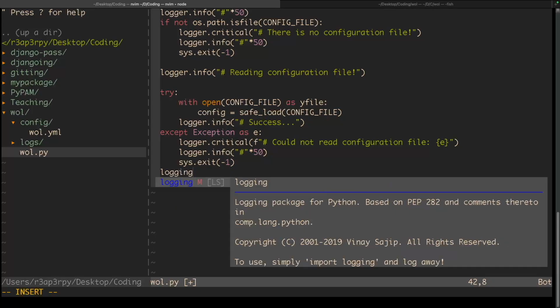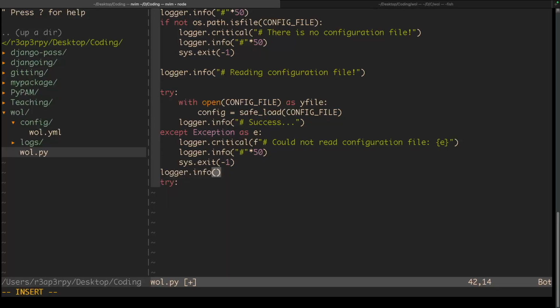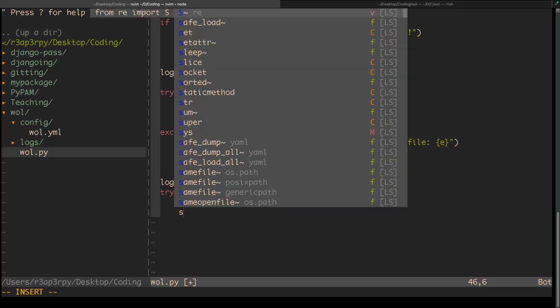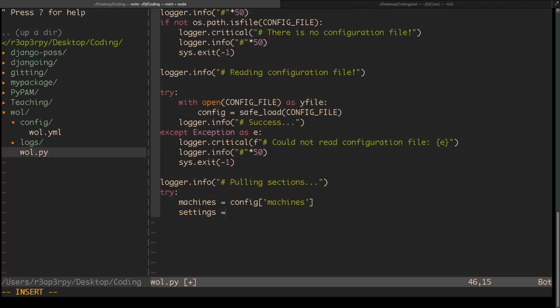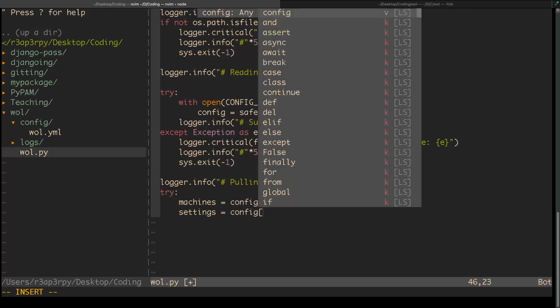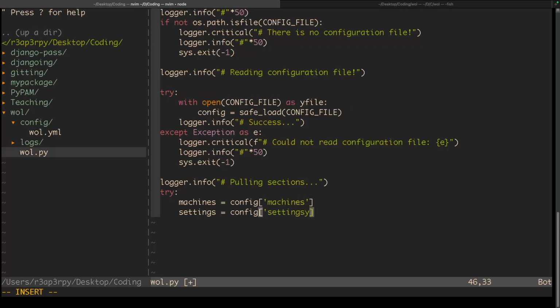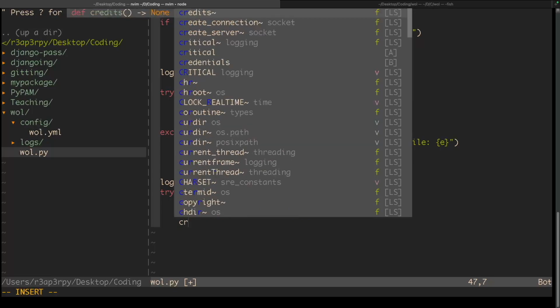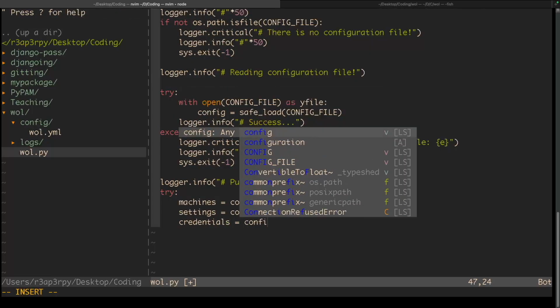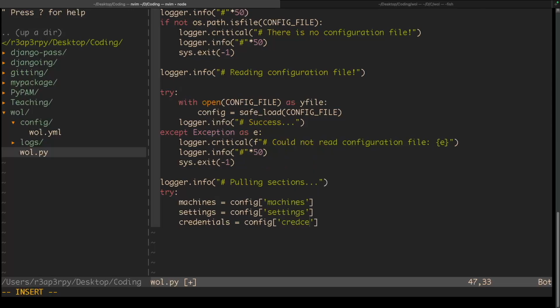So logger.info, and we say that pulling sections, and we say that the machines is equal to config machines, and the settings is equal to config settings, and the credentials is equal to config credentials,